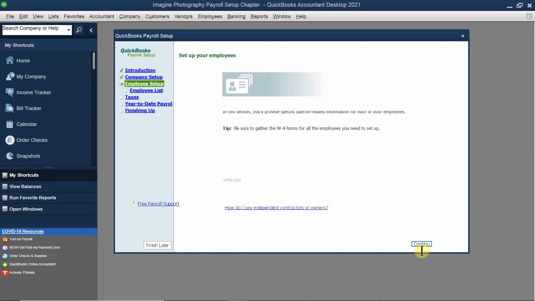So let's take a look at how we set up our employee. This part is actually going to be very, very long, but let's take a look at how extensive each question asks about the employee. This is where you need to have your W-2 form, or your W-4 form, proof of a document that they're a U.S. citizen, social security card, and